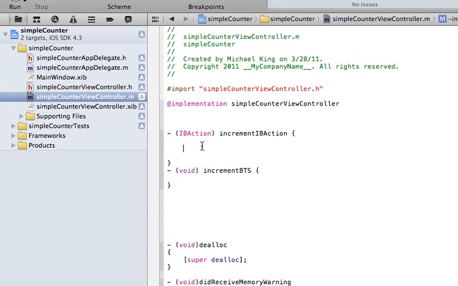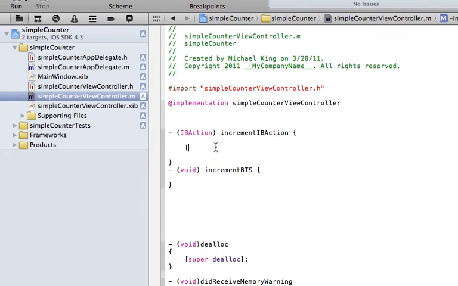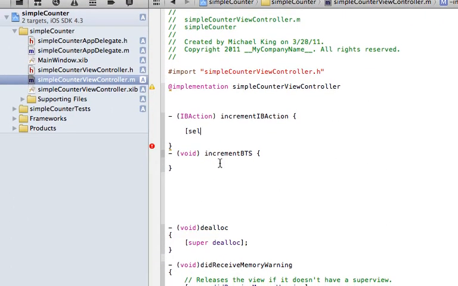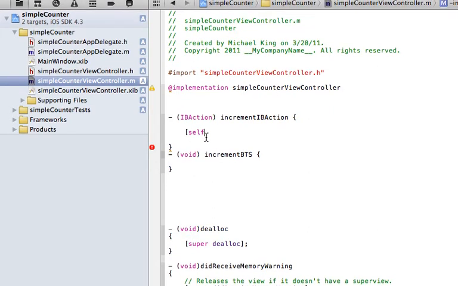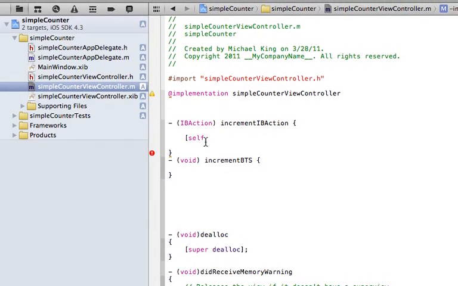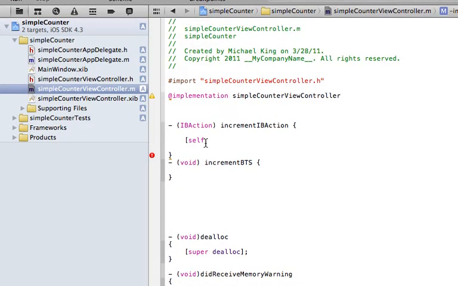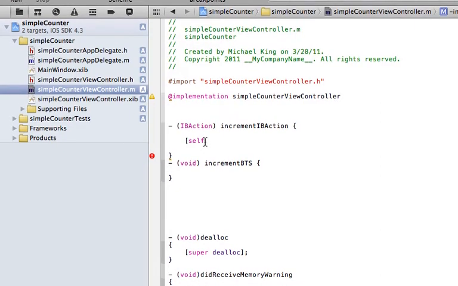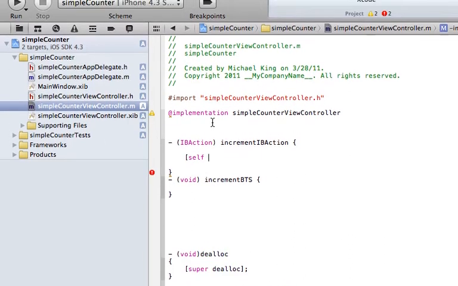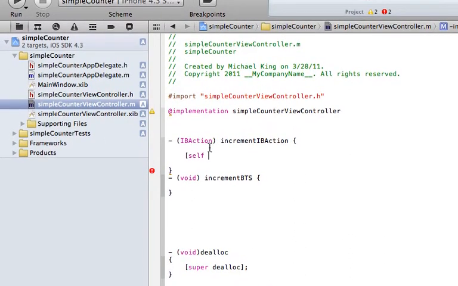So we're going to start with this, and for increment IB action, there's going to be no code in here at all, except that we're going to call this method. So we have to do self. Self is kind of like this in Java, I guess. I don't know if it's the exact same. I'd have to do more research. But self is this class, and increment